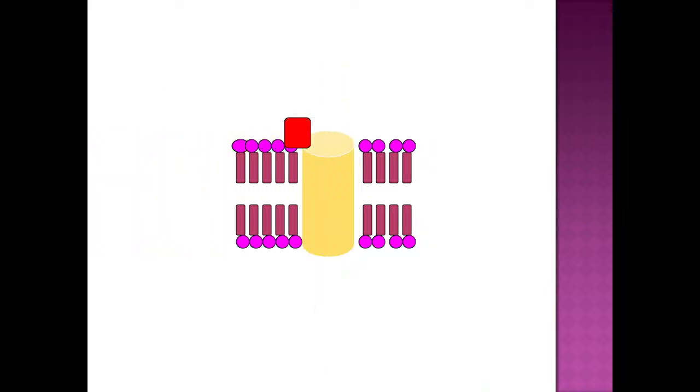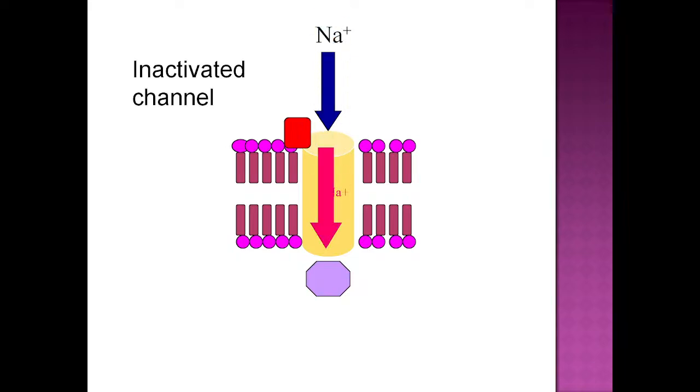Now, what if in the same channel the inactivation gate is closed? This becomes the inactivated state of the sodium channel. Now what will happen? The same sodium cannot traverse through. So this is the inactivated channel, right? The mechanism of action of anti-epileptic drugs which act on this channel is to enhance or prolong this inactivated state of the sodium channel, which does not allow sodium to traverse through the channel pores.